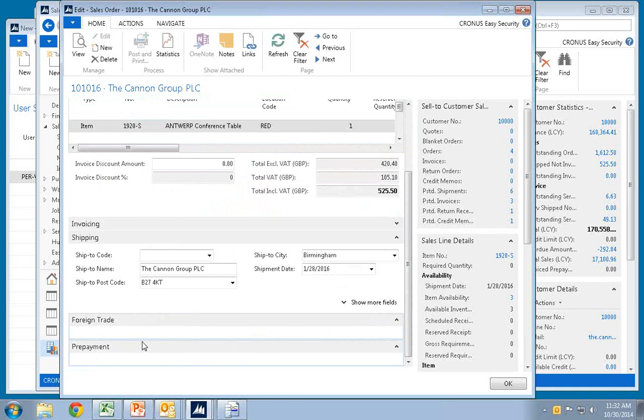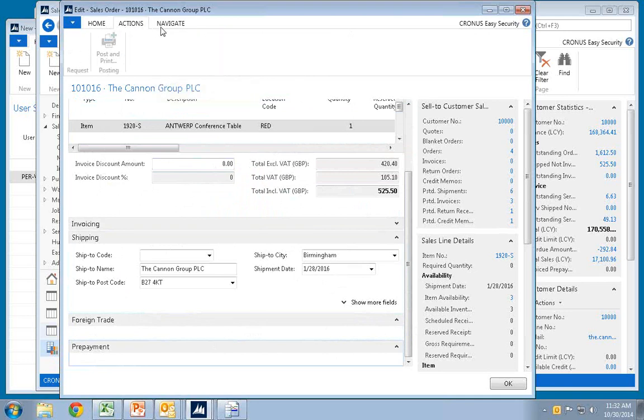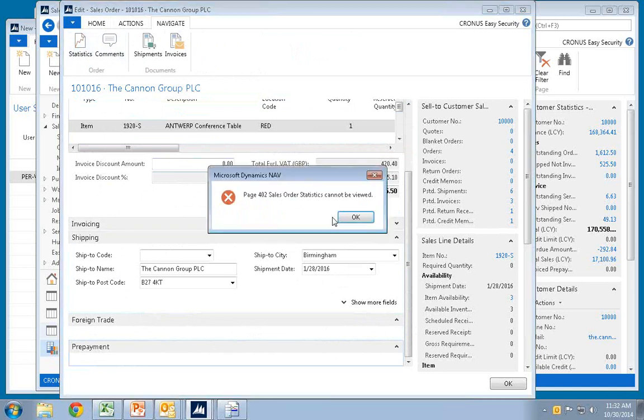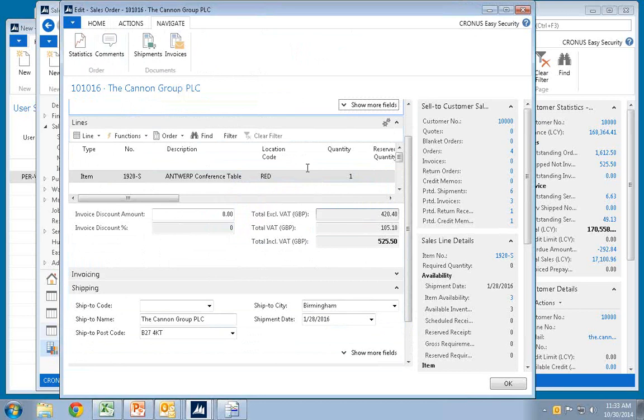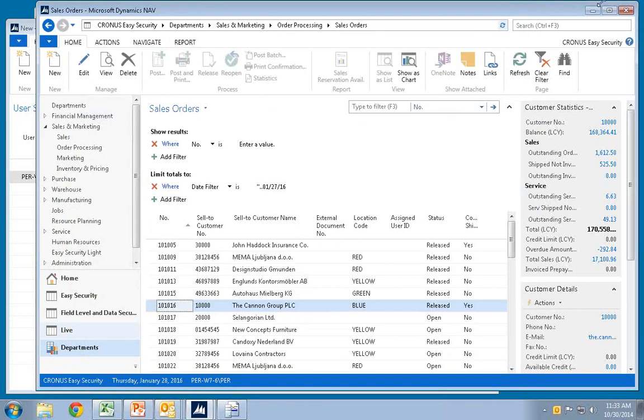So it allows me complete control of the page in here actually, to be able to hide fields and to be able to control each individual action up here. If I look at these ones, they are of course all empty because there is only these few things that are actually allowed in here. And statistical, of course, was the one I didn't allow people to use anyway. So, yeah, that's basically how the field level security works in here.